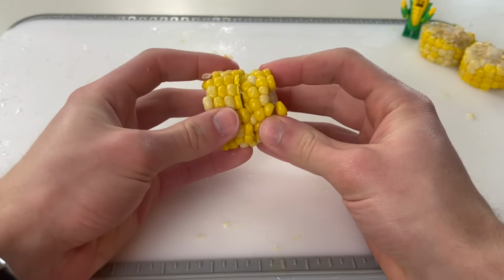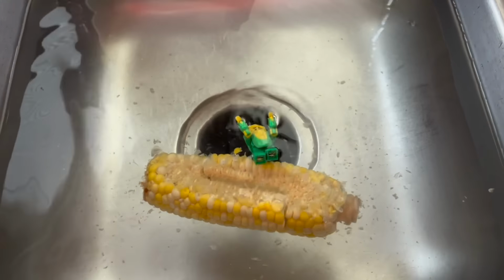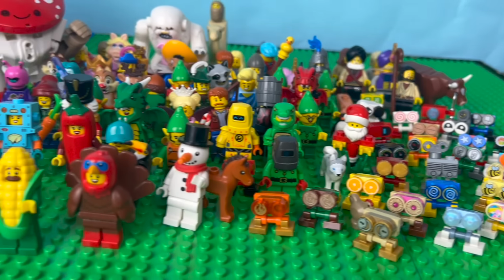Surprisingly, these ones actually kind of stay together. So I built up Castle Crunch out of all the pieces we've made so far. I also tried to make a corn boat that kind of floats, but thankfully the boat that brought Capricorn to 24ville was much safer. Also bringing everyone from our previous city, 23ville, along, who you might spot here and there,